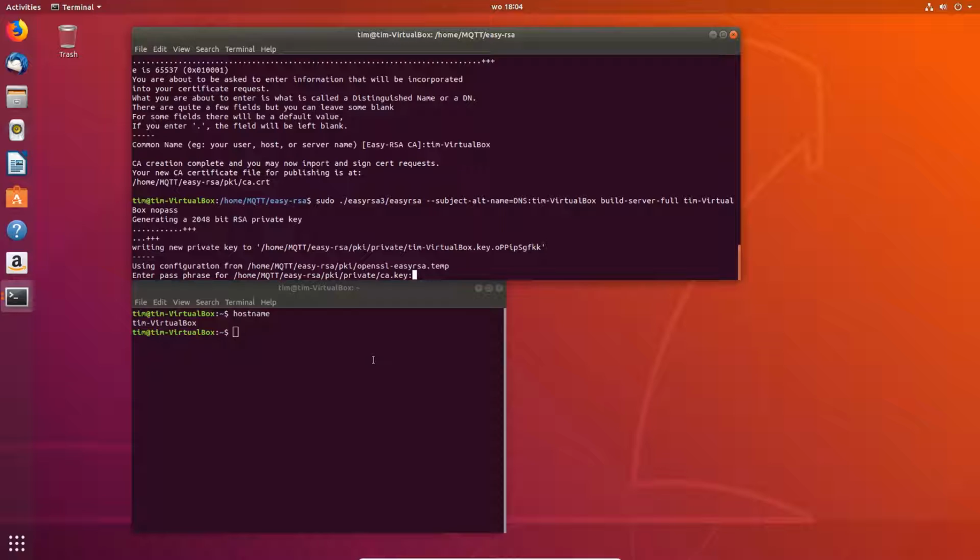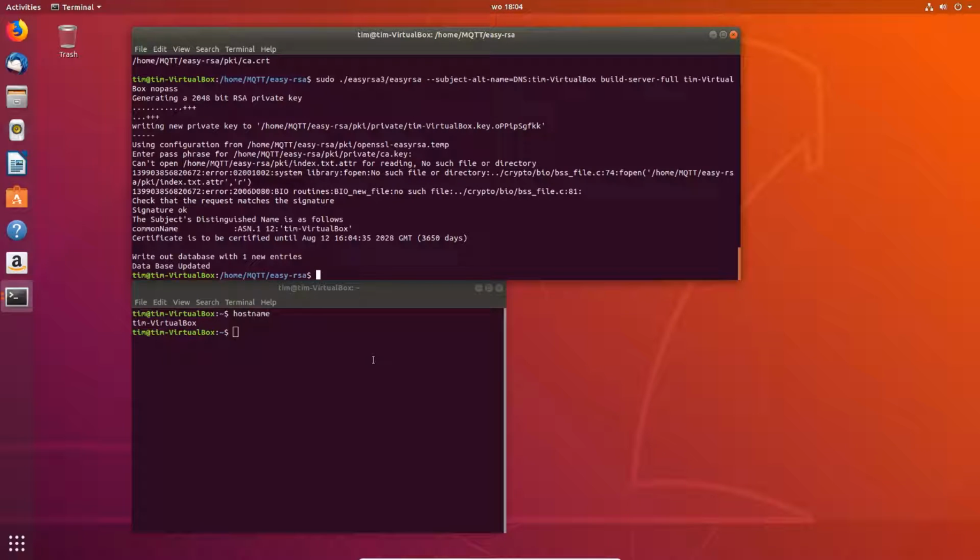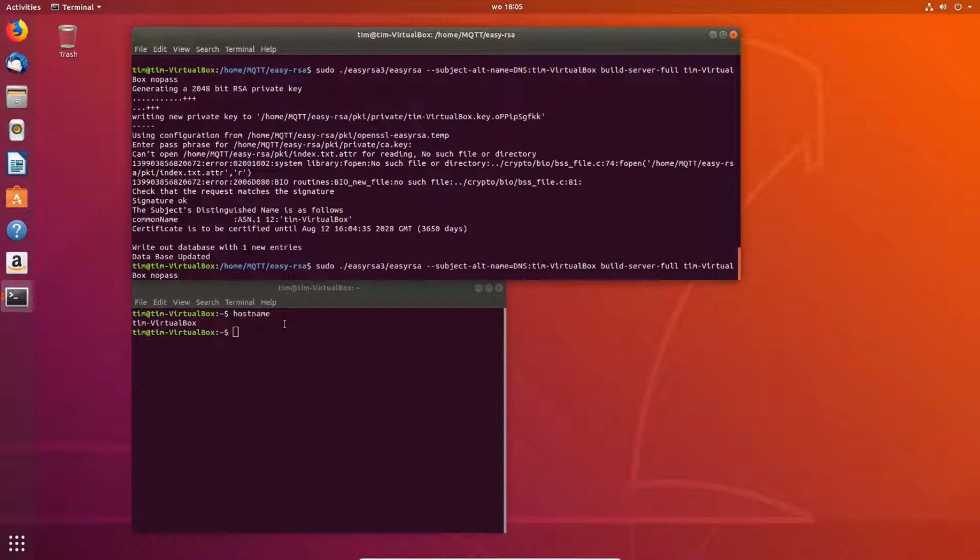and since we've just set up the CA, I know the password is Tim's, so enter that, and it should show write out database with 1 new entries, and database updated, and certificate is to be certified until August the 12th. So that's a very long time, 10 years. So that's good. Now we've got a server certificate,